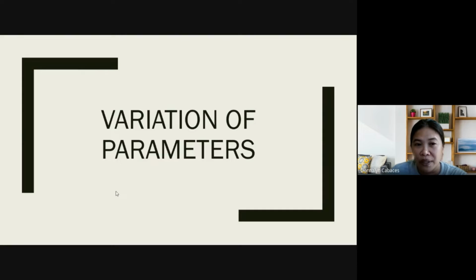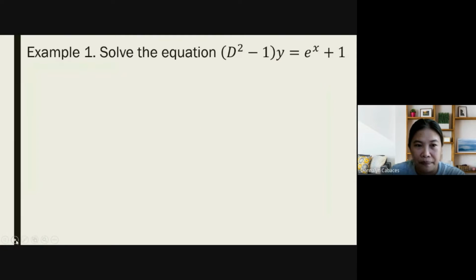One of the sample problems is the one that we had in the reduction of order discussion. Solve the equation (D squared minus 1) y is equal to e to the x plus 1. So again, the solution of this differential equation,